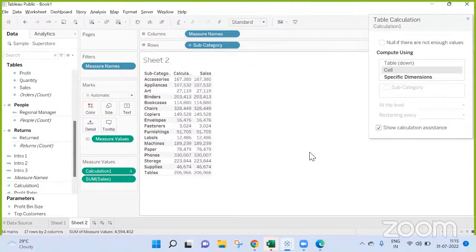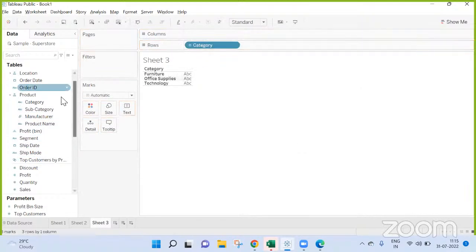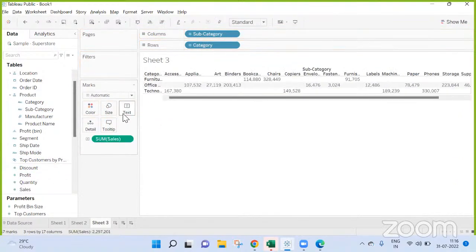Now, one thing I can say about cell is that sometimes where you have nulls, someone has asked me, Kalpana, do you remember that? Category and subcategory sales. Now I'm not talking about that one specific level, but here if you see, you are having these nulls.